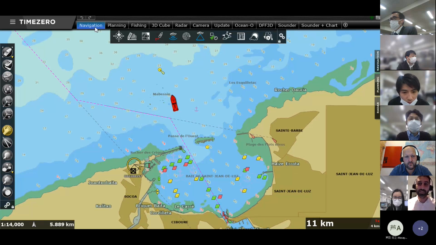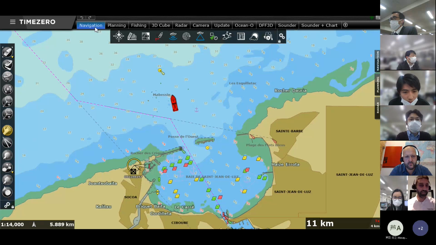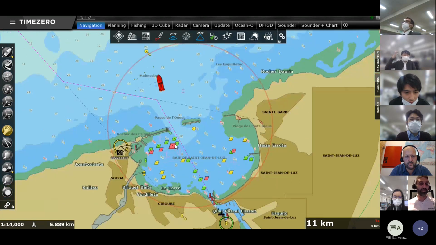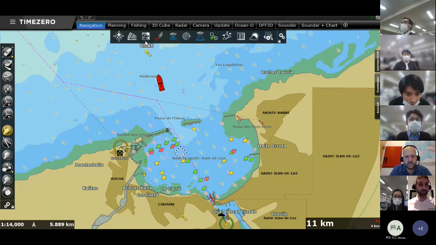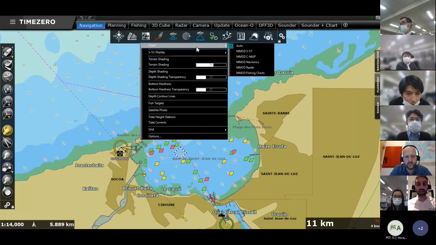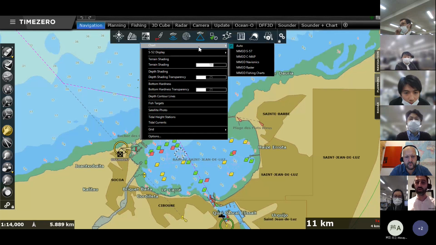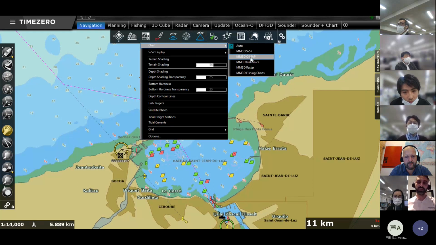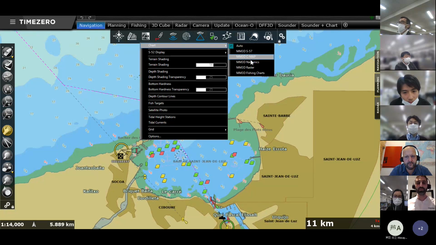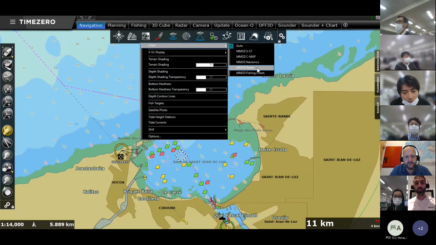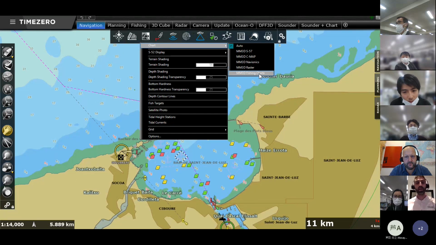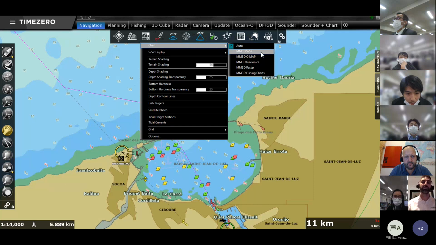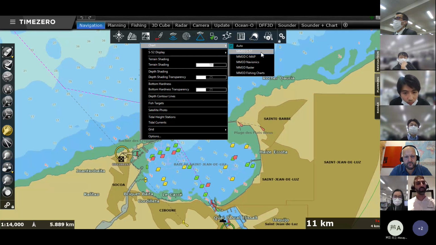Then TimeZero is a very powerful chart engine. Okay, so it's an electronic chart system. We use different types of chart in TimeZero. When I go to the ribbon here and select the chart icon, I can see all the charts that are compatible with the software. We are compatible with C-MAP charts, C-MAP data, MM3D format, Navionics data. We have some raster charts as well. We have some fishing charts. We have S57, and we also have ENC chart compatibility. So S63 charts are compatible with TimeZero.